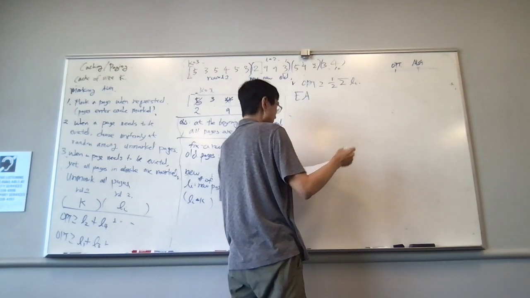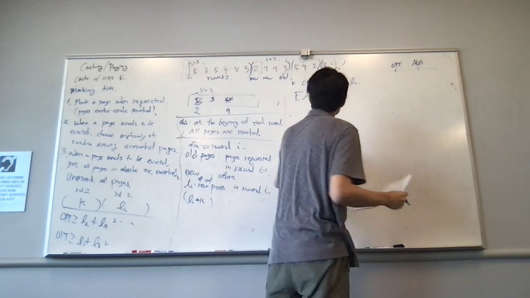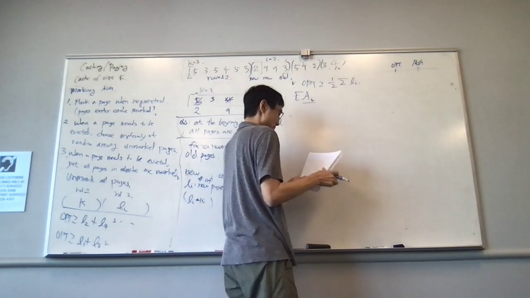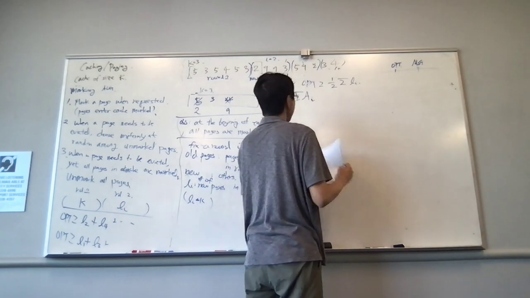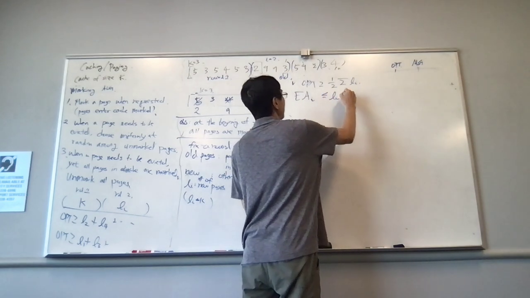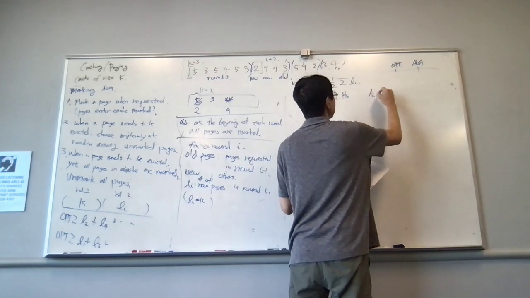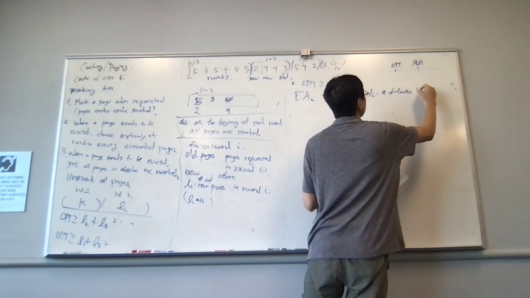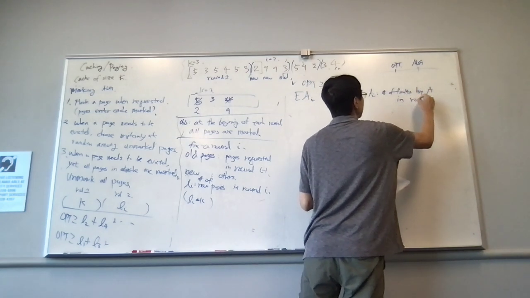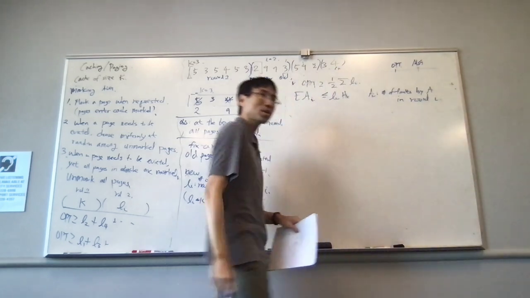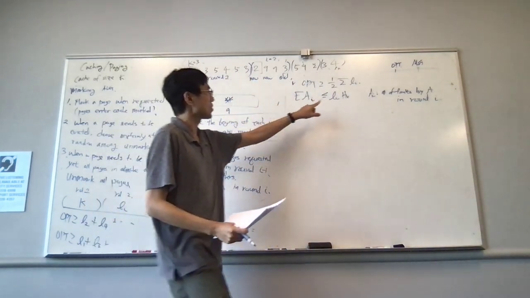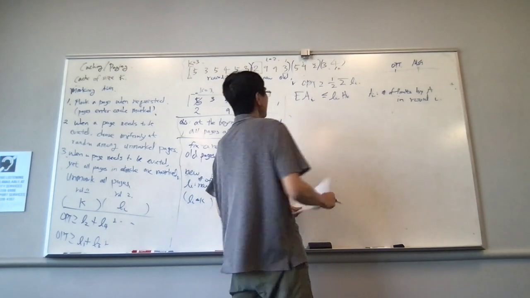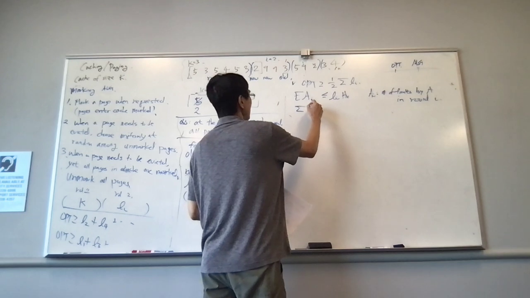Let Ai be the number of page faults by the algorithm in round I. If we show this, where Hk is the harmonic number, order log k, then by adding this up,